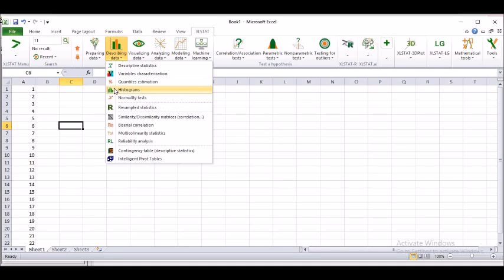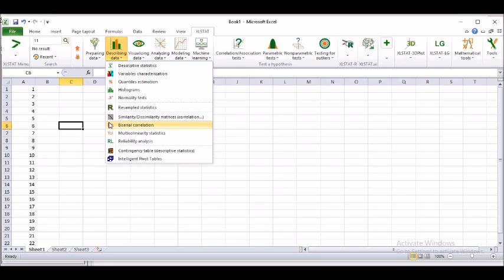So you will see that in describing data, most of the times we use descriptive statistics, variables characterization, histograms, and part of the normality test. However, most of the time we don't go for similarity and dissimilarity matrices, biserial correlation, multicollinearity. I see the majority of students coming from finance, commerce, or economics being interested to know about it. Reliability analysis, yes, all of us are interested to know about it. Contingency tables, I would say that majority of the time I don't see these things being discussed under the descriptive statistics.